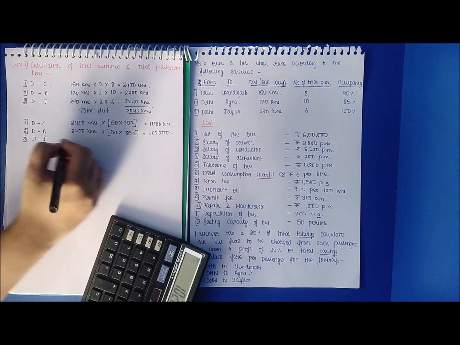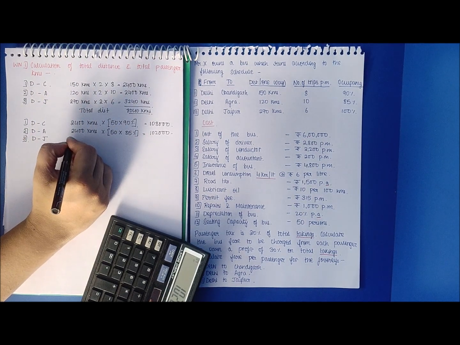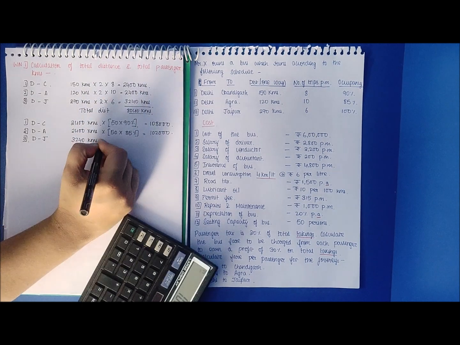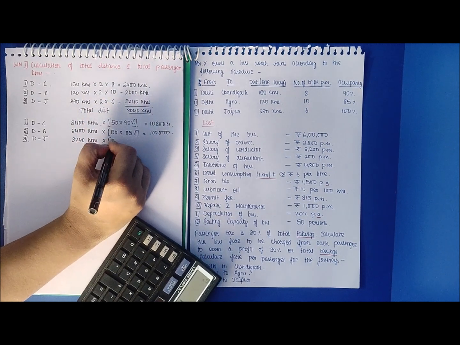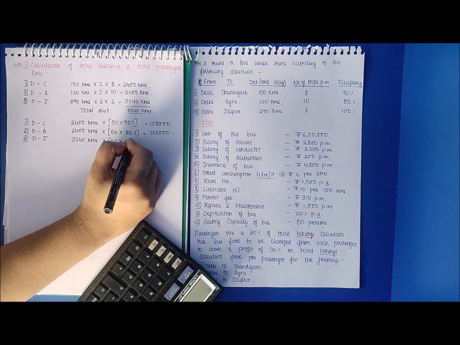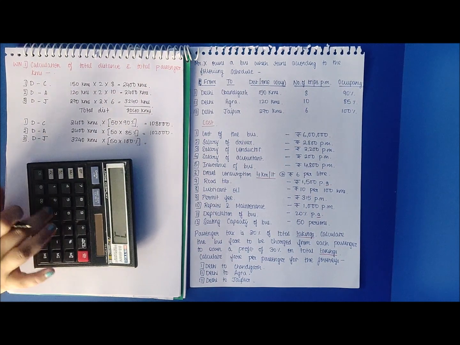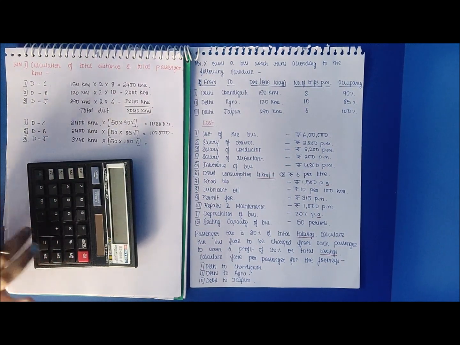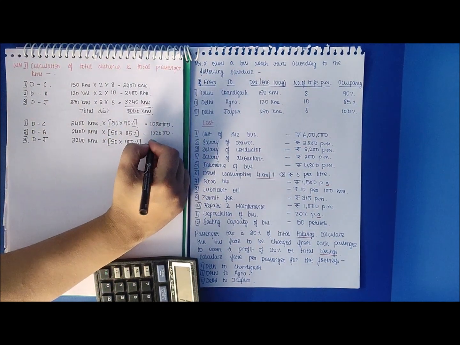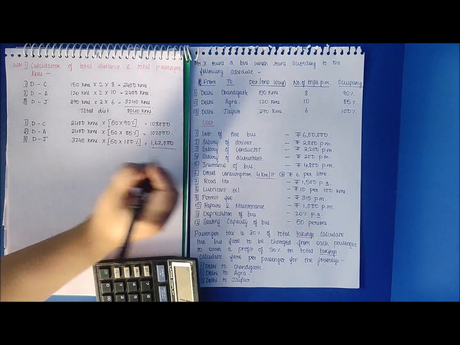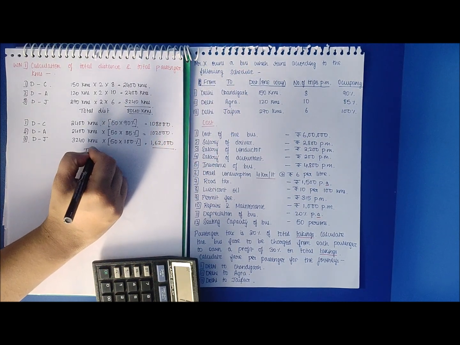Third, Delhi to Jaipur. The bus is traveling for 3240 kilometers, and for each of these 3240 kilometers I have 50 passengers with me. So the total passenger kilometers would be 3240 into 50, that is 1,62,000 passenger kilometers. So the total passenger kilometers are,